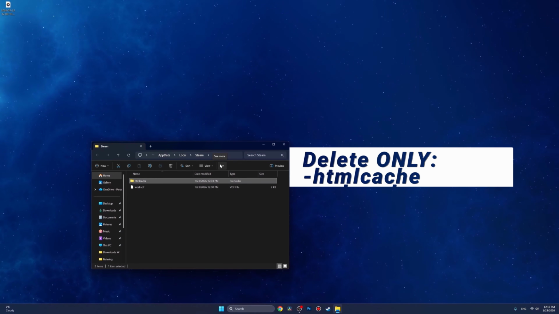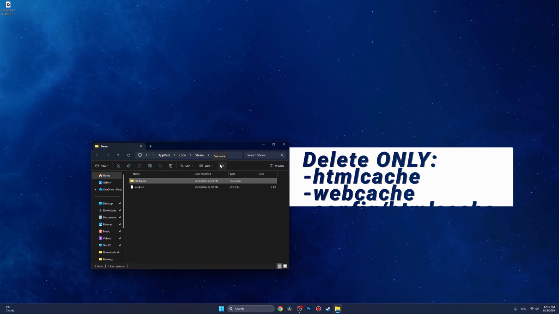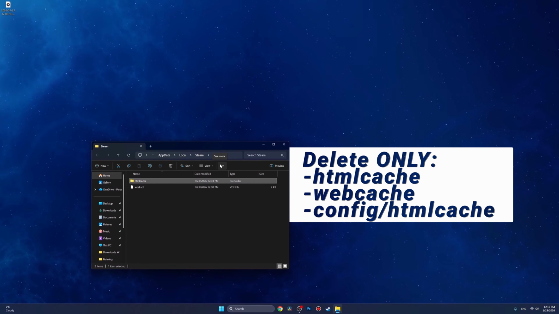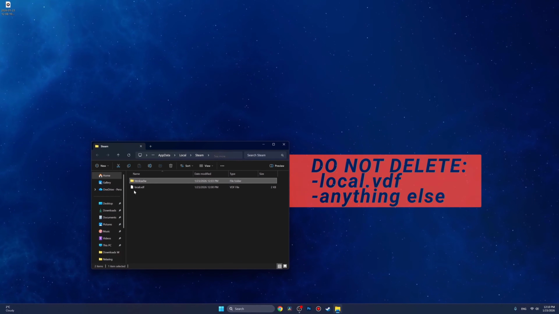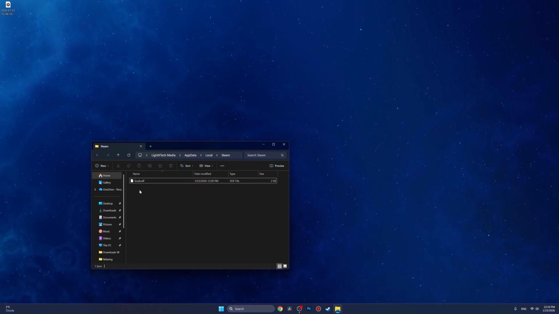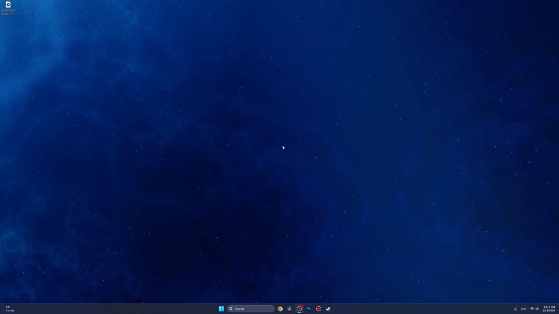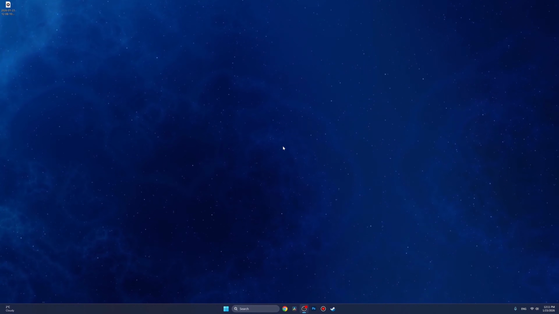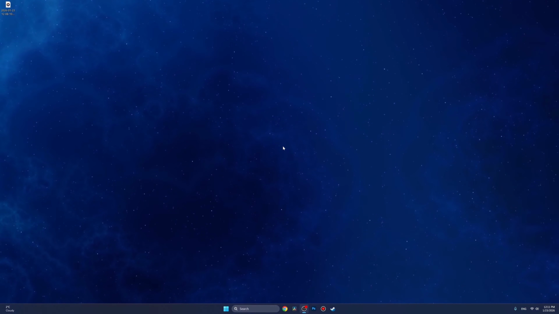Also, some people may also find here web cache and as well config / HTML cache. Delete all these folders, nothing else, okay? So I deleted the HTML cache. Now I can close it, and now the first step is to force Steam to use TCP instead of